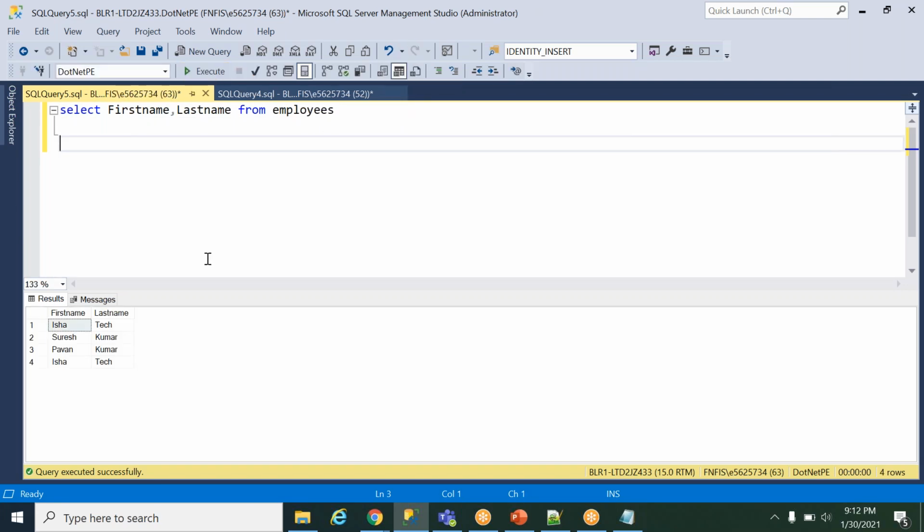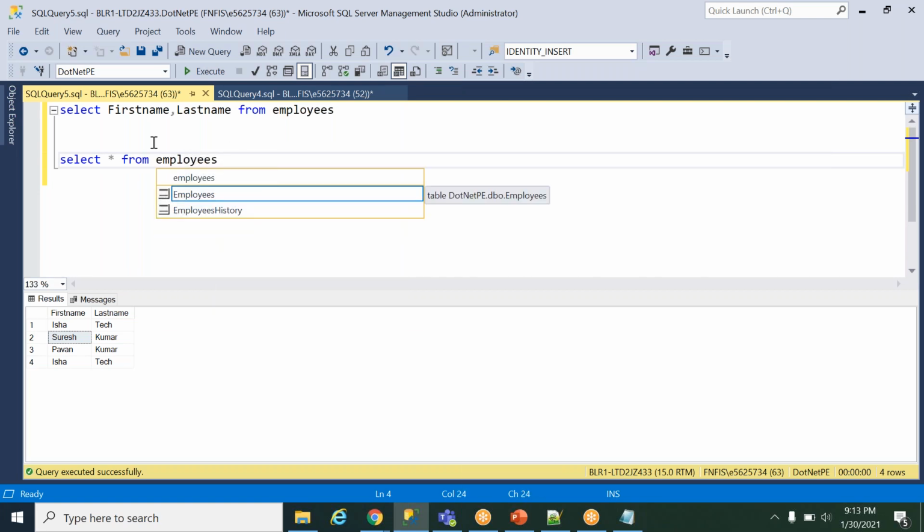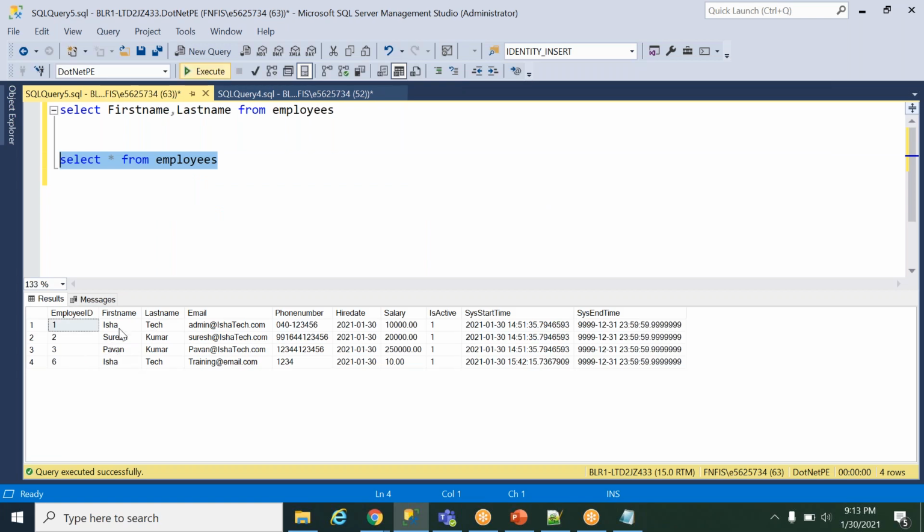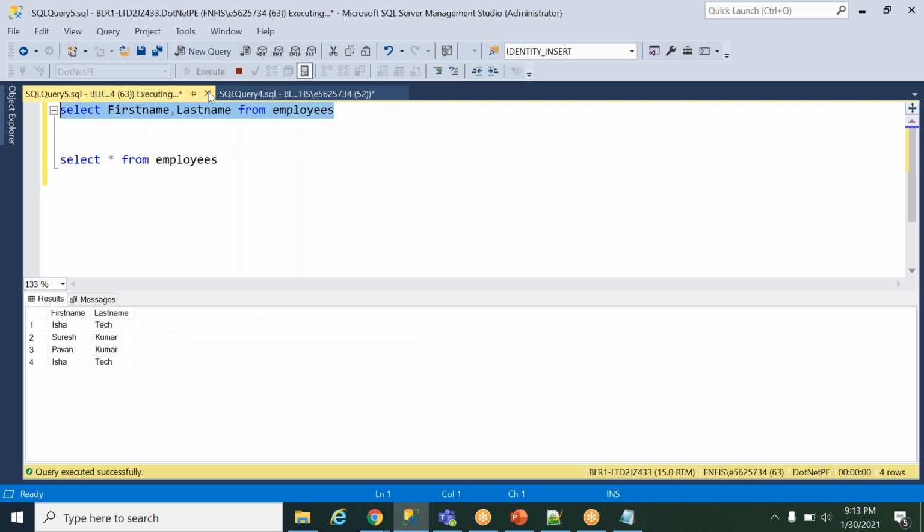Now I have an employee with first name, last name, and other columns also. When you say select star from employees, here in this table I have Isha Tech and other information. But when I fetch the information, I'm always fetching the first name and the last name. So what is happening here?